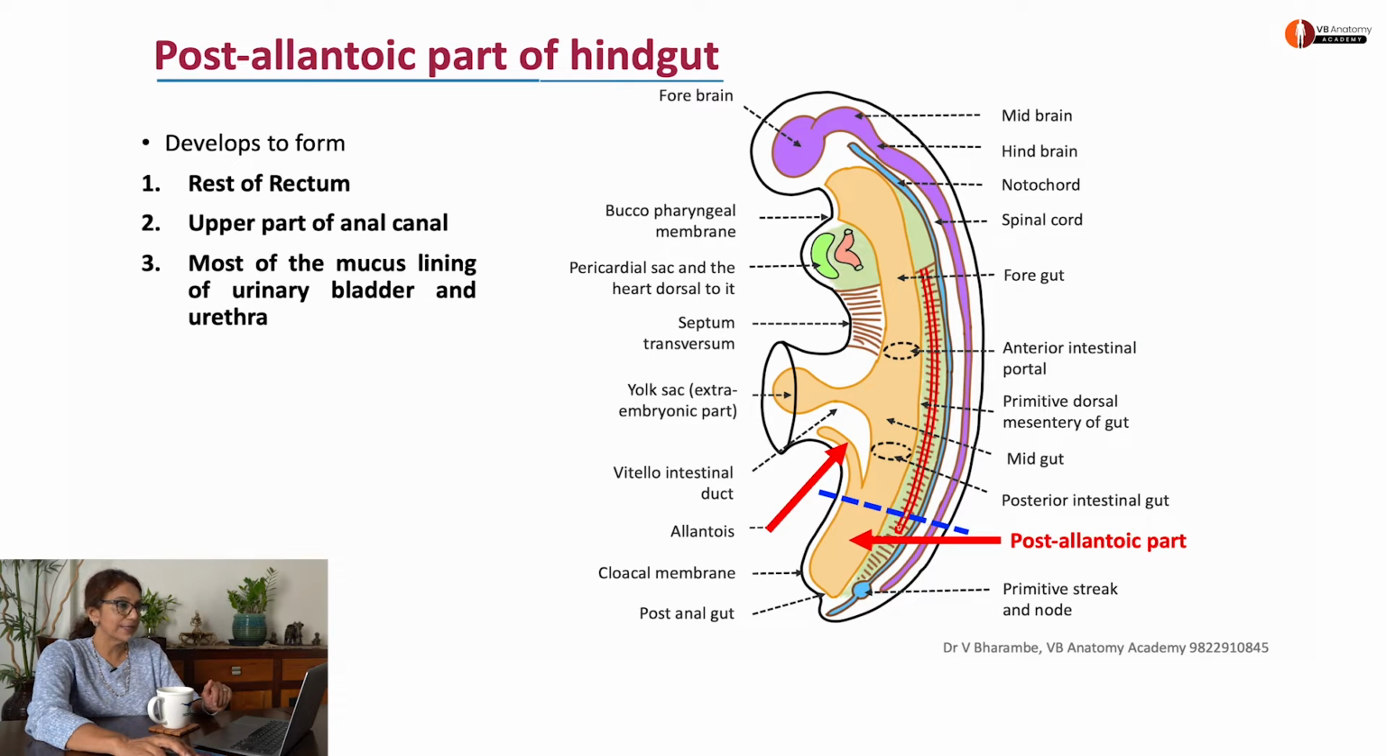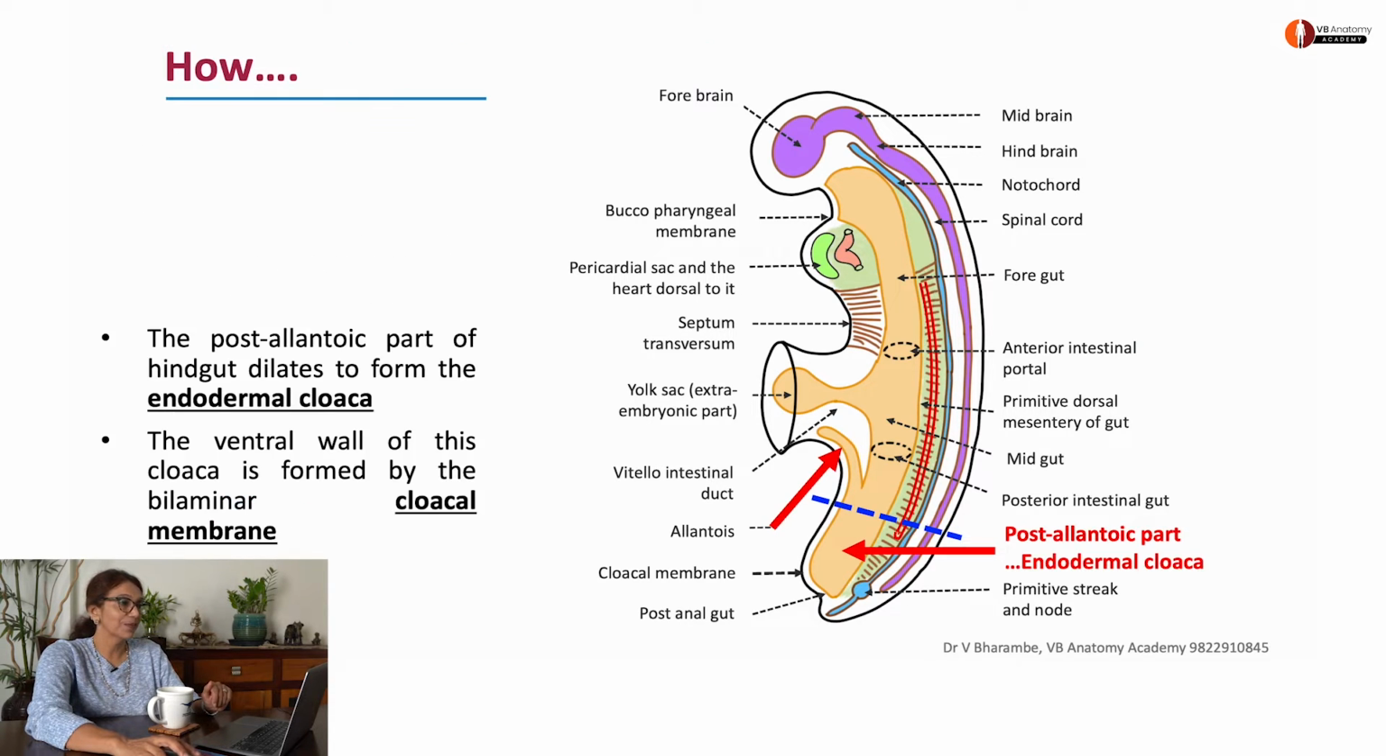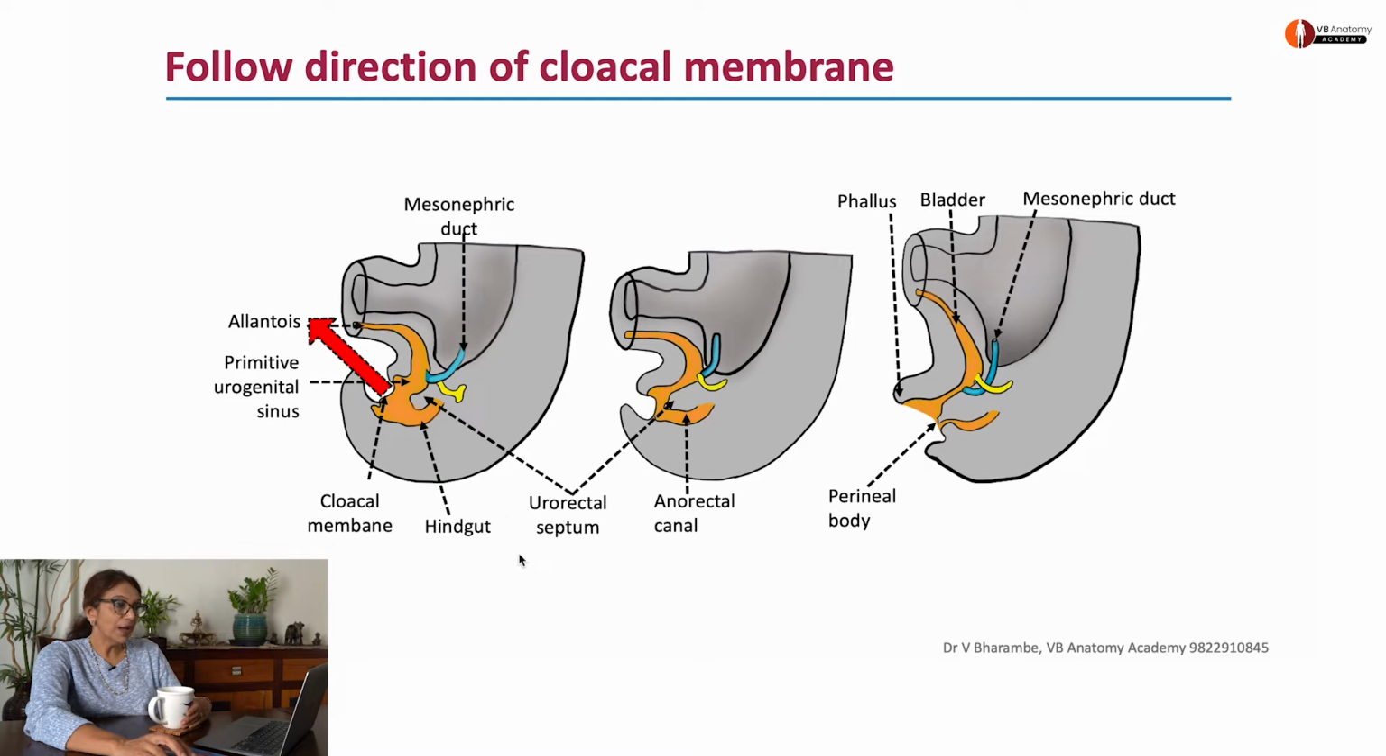Let's understand this. Okay, how? So now this post-allantoic part of the hindgut dilates to form an endodermal cloaca. Okay, and it's reaching the surface here at the cloacal membrane. So you have a cloaca and you have a cloacal membrane. Right. Now at this point I want to draw your focus to the fact that in this embryo the cloacal